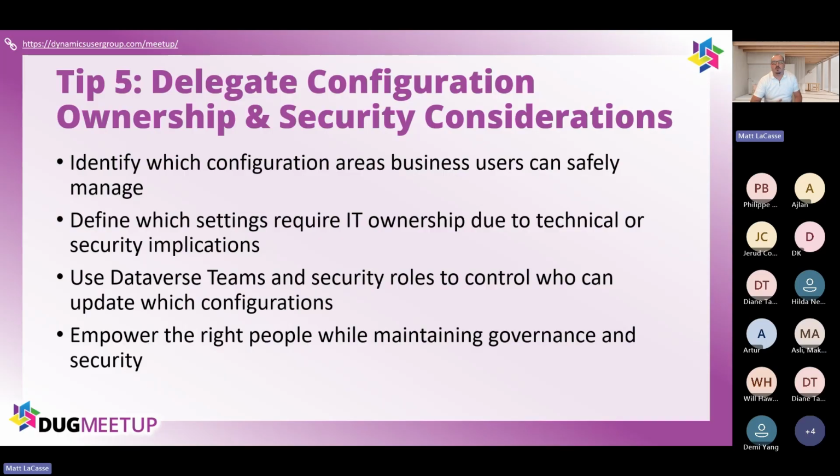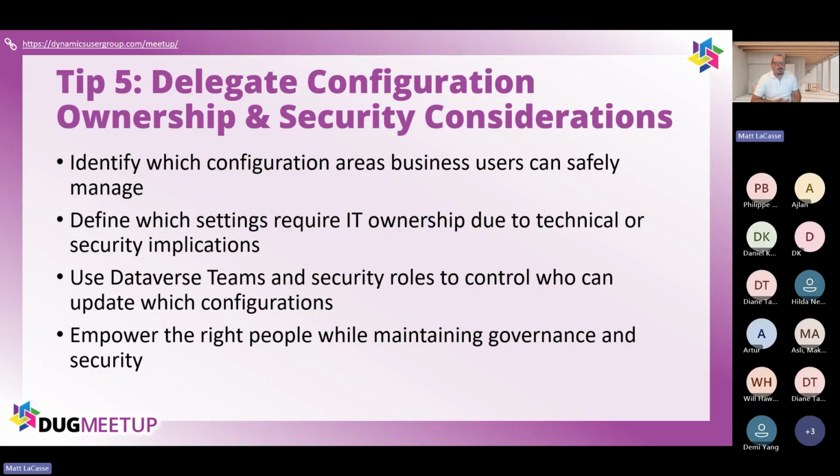At this point, we've gone through a lot of work to get this app to be configurable, right? The last consideration is how do we manage access to these records so we don't have users coming in and breaking stuff for us? As a great man once said, with great power comes great responsibility. So for this tip, the first thing we want to do is identify which configuration areas business users can safely manage versus things that we might want to deal with more on the IT side. Again, this depends on how the app is built and any processes and guardrails you have in place. This would have to be a conversation between IT and the business users to find out what would work best for everybody.